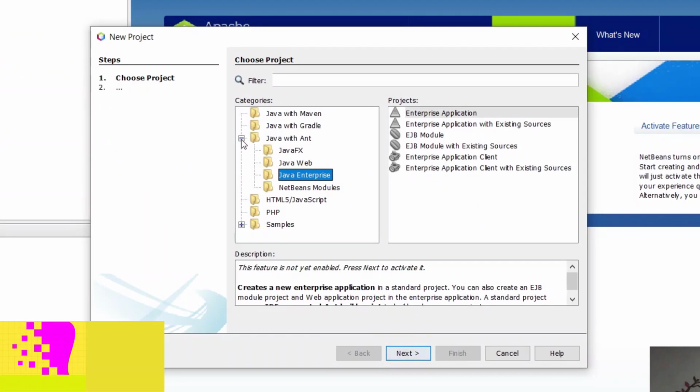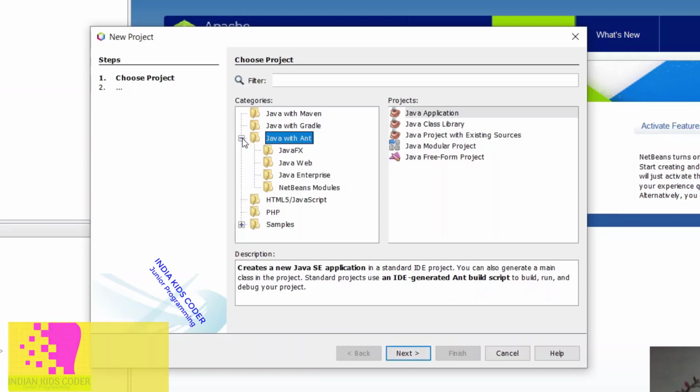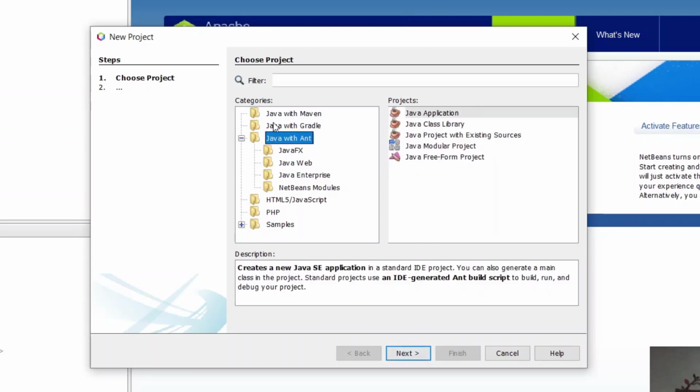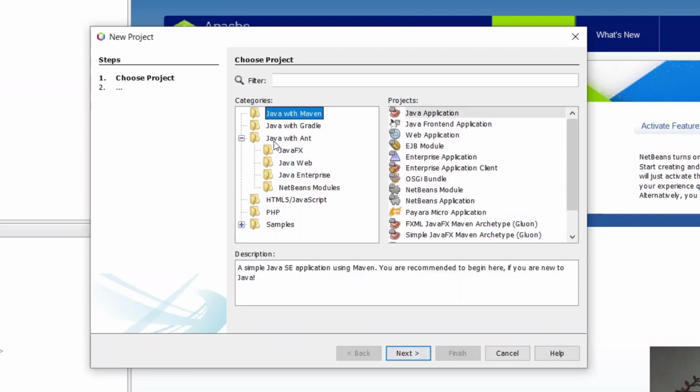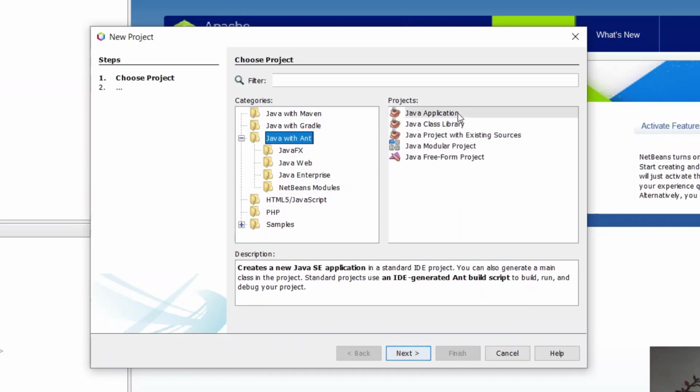Select Java with Ant. Because this is Apache NetBeans, you don't have to select Java and Java Application like in older versions. You have to select Java with Ant, click on Java Application, and then click on Next.